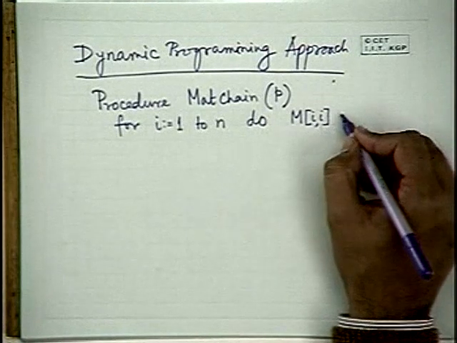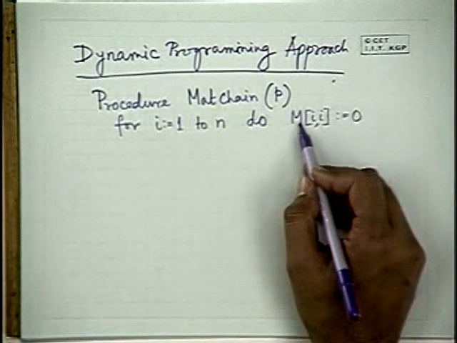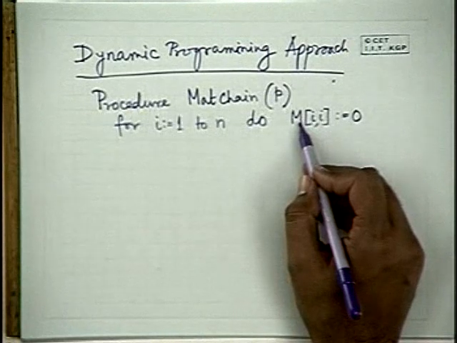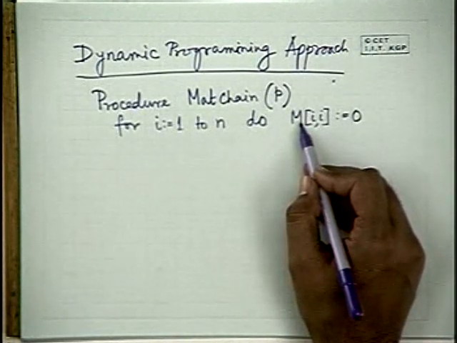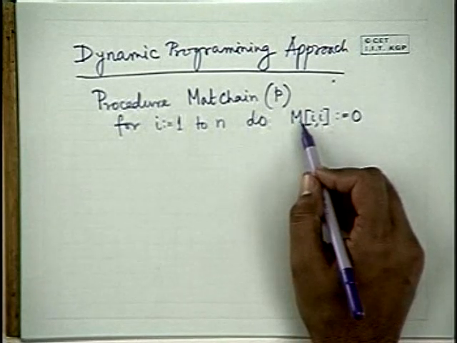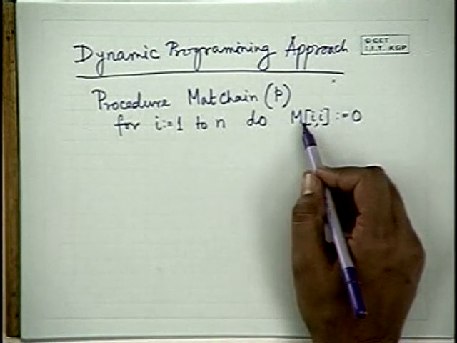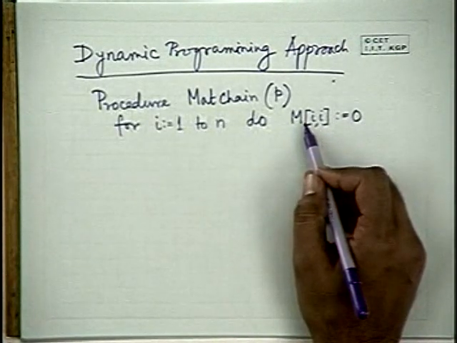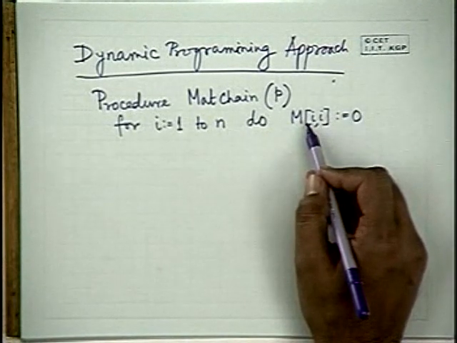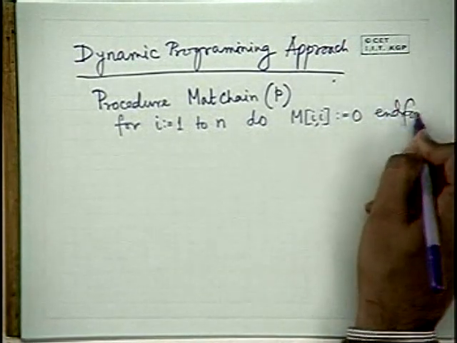And suddenly you can see previously this m was a function call. Now we are replacing this entire function call by a matrix. It's a two-dimensional array. I told you already that the intermediate results we need to keep somewhere so that we can use it again and again. So for keeping intermediate results we use a two-dimensional array where we keep all the results. This is the bookkeeping we are doing. So this is the initialization, this part, and for